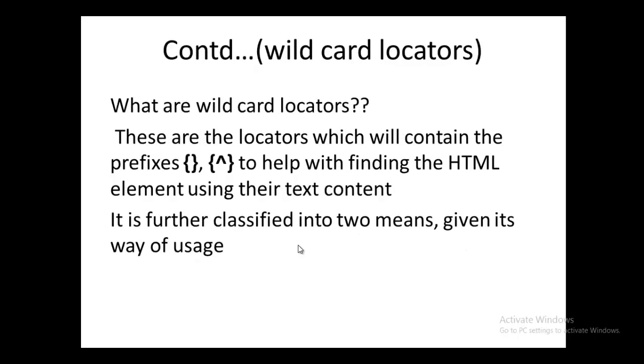Coming to the wildcard locators. What are wildcard locators? We know that in any web page we will have some elements which have visible text present for them. This can be observed often with any drop down list or any hyperlinks present in the web page, because we know that the href, the URL, is masked with a value.